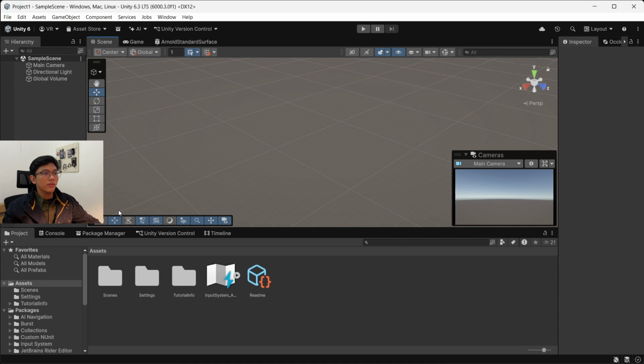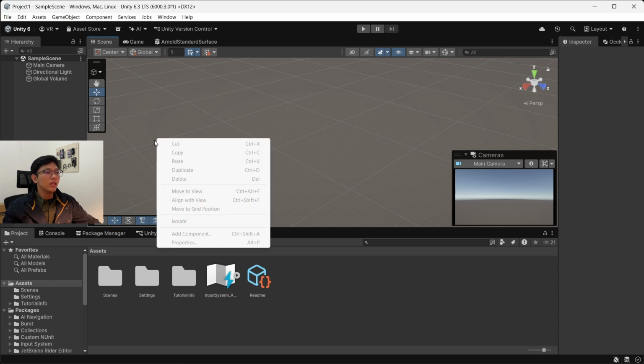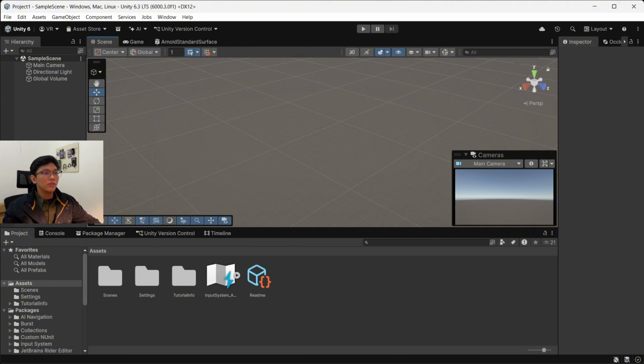Then there is the volume object. A volume is a Unity feature used to control global visuals, such as lighting, color grading, and post-processing with a skin. Next, we will add 3-dimensional objects.